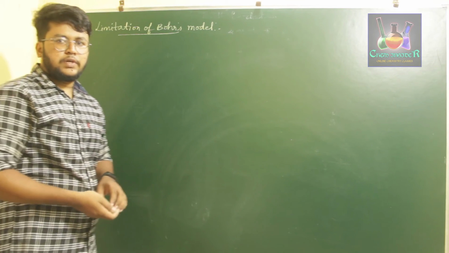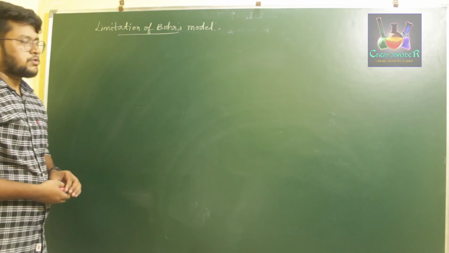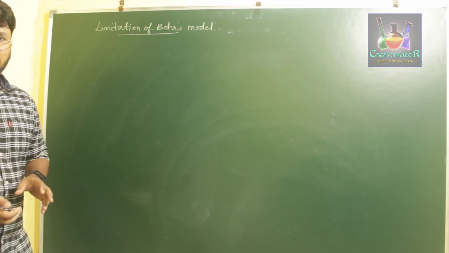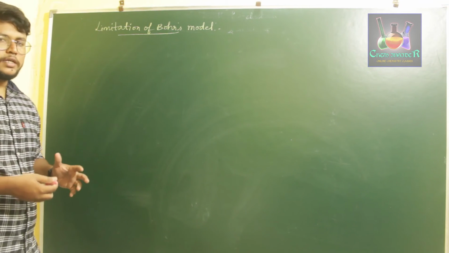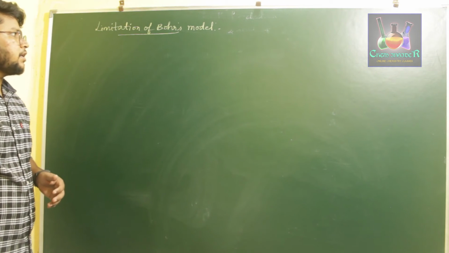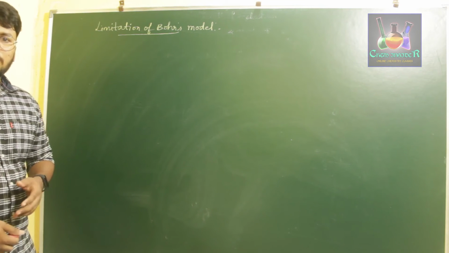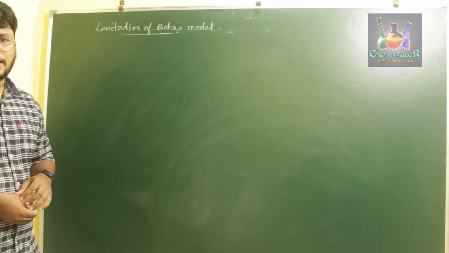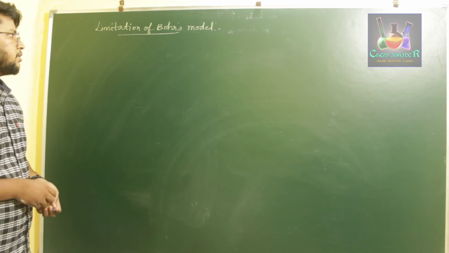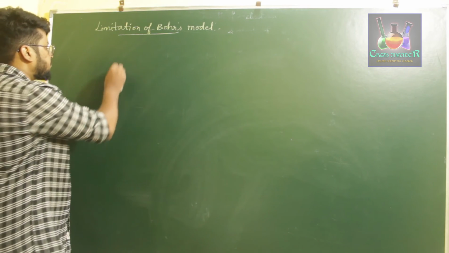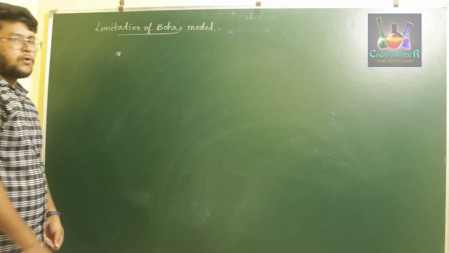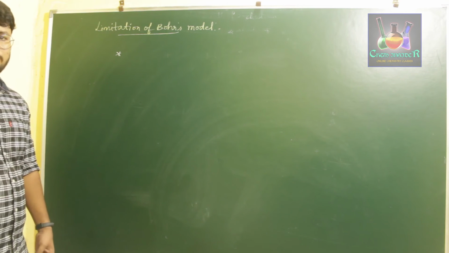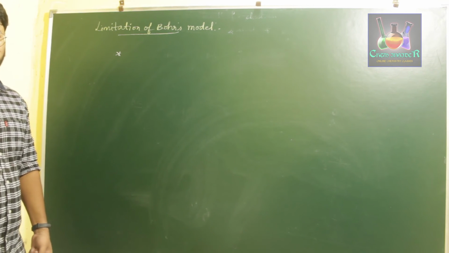Okay, so next we'll discuss the limitations of Bohr's model of the atom. Even though Bohr's model was better when compared to Rutherford's model, and it explained certain topics clearly which Rutherford's did not, Bohr's model of the hydrogen atom had some limitations of its own. The first one is very important. Bohr's model of an atom is useful to study only hydrogen and hydrogen-like atoms' line emission spectra.